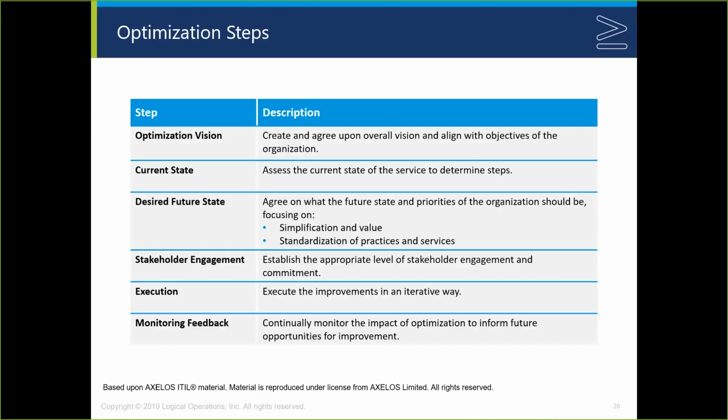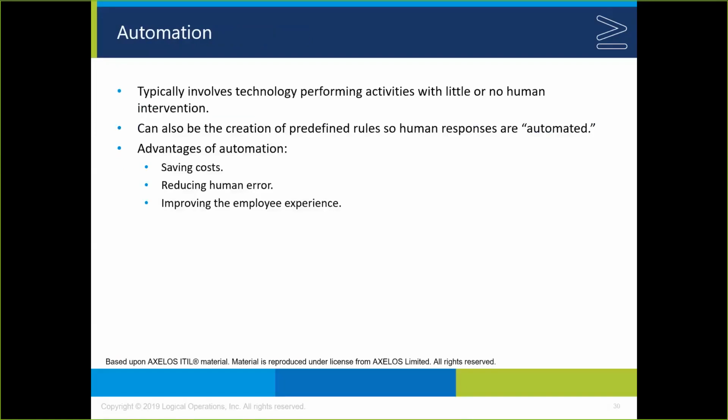Why exactly they felt the need to do this as opposed to just using the continual improvement model, I have no real idea, since you can all see the parallels here. But ultimately, they do explicitly define steps for optimization that look a tremendous amount like the continual improvement model, because they more or less mirror that, but at the same time are specifically focused around optimizing a practice. Right, going through broad vision, doing current state and future state, engaging the proper stakeholders, executing your improvement, and getting feedback. So again, should look terribly familiar to all of us.